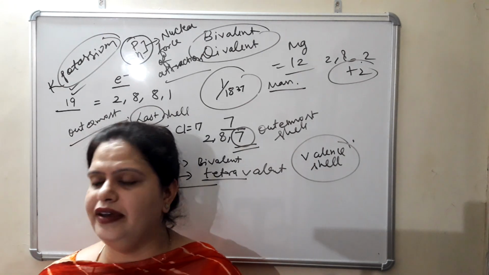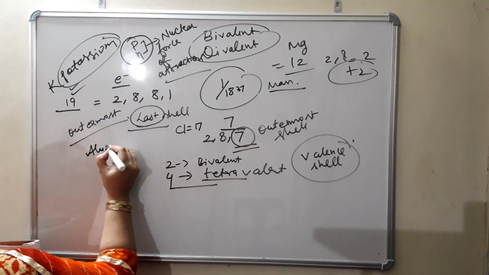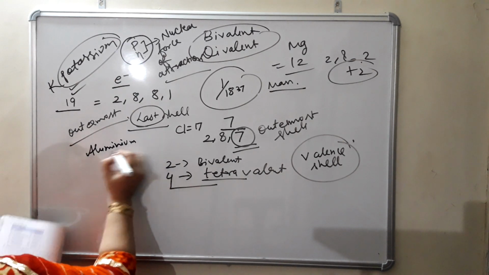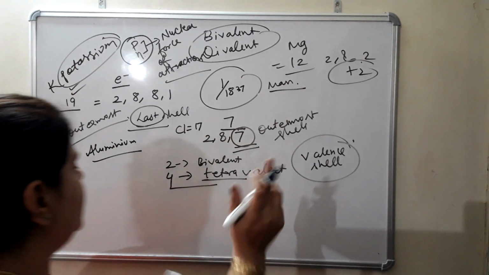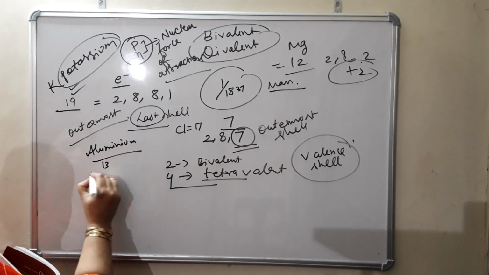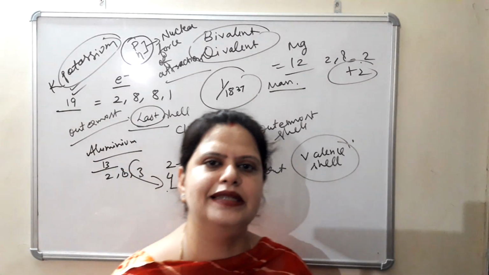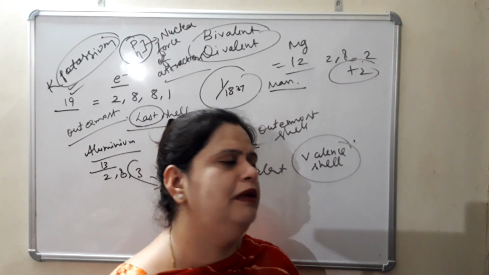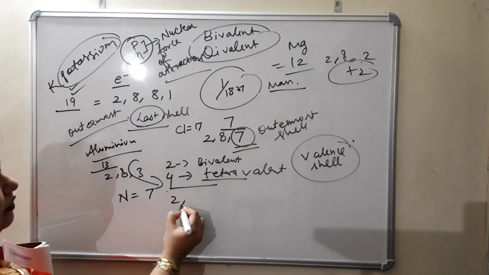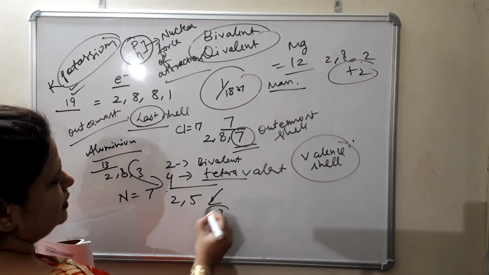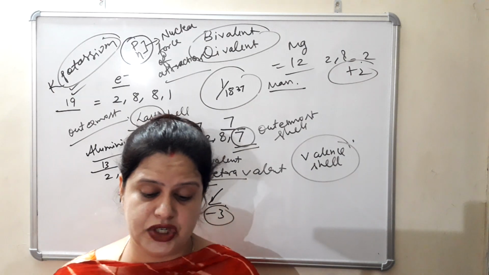An element having valency 3, there are not many examples. You can give any example, for example aluminium. If the question is name the following, you have to write down the full spelling. You cannot write down the symbol. Aluminium has atomic number 13, configuration 2, 8, 3. It will lose 3 electrons to get stable, so valency is 3. It can be plus 3, or minus 3 in the case of a non-metal like nitrogen. Atomic number 7, configuration 2, 5, gains 3, so minus 3. So either aluminium or nitrogen, both are correct because they have not mentioned the charge.